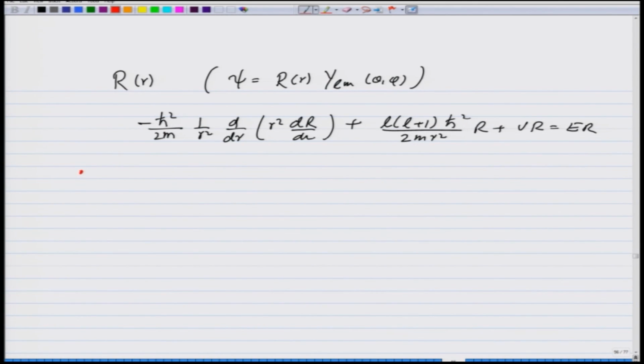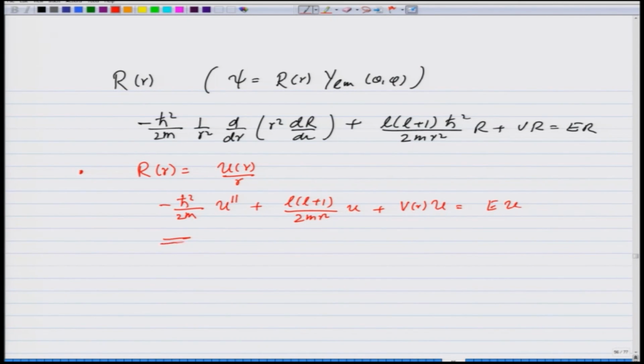Then by writing R as u(r) over r, we have found the equation for u, which is like the one-dimensional equation, minus h cross squared over 2m u double prime plus L(L+1) h cross squared over 2mr squared u plus V(r) u equals Eu,